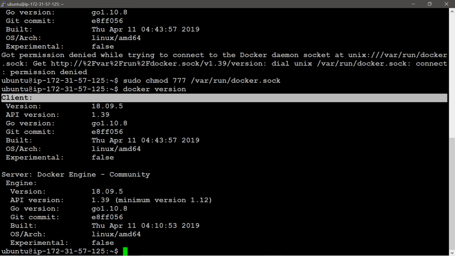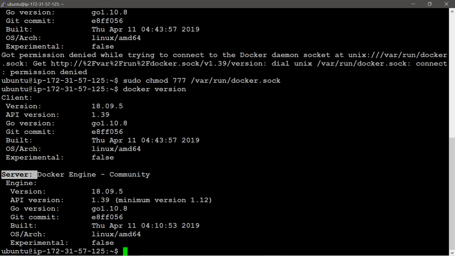In a previous video I already explained what a client is, what a Docker host is and what a Docker daemon is. If you don't know what a client and a server are, you can see that the server version and the client version are also the same.